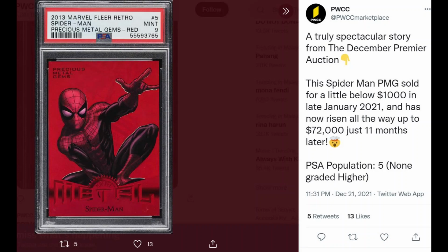Wow. If you haven't already noticed, a 2013 PMG Spider-Man Red in a PSA 9 slab just sold on PWCC for a record-breaking $72,000. Alright, maybe not just so. This news is almost a week old and was over the weekend when No Way Home premiered. But, oh my. Alright, in this video, let's all settle down and talk about what this sale potentially means